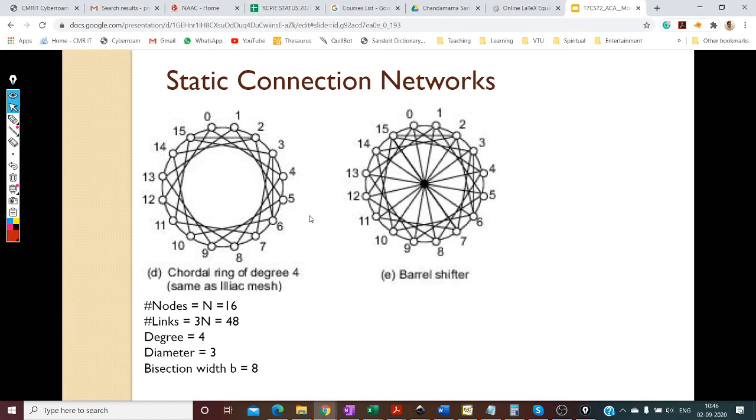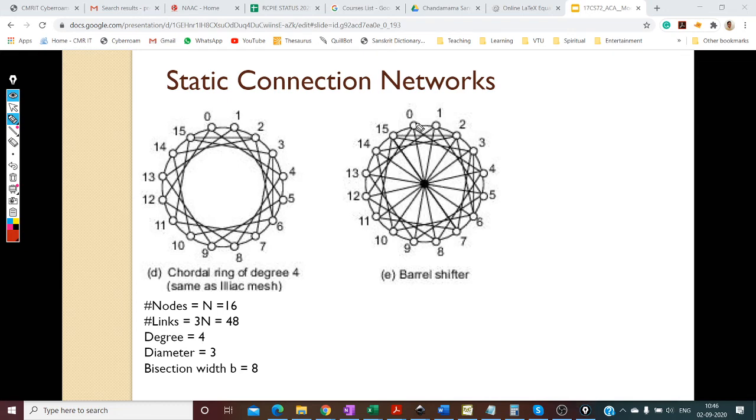Then you have something called a barrel shifter. Barrel shifter is an interesting thing. How a barrel shifter is formed is, you take any particular node, and then you add extra links to nodes at a distance equal to an integer power of 2.